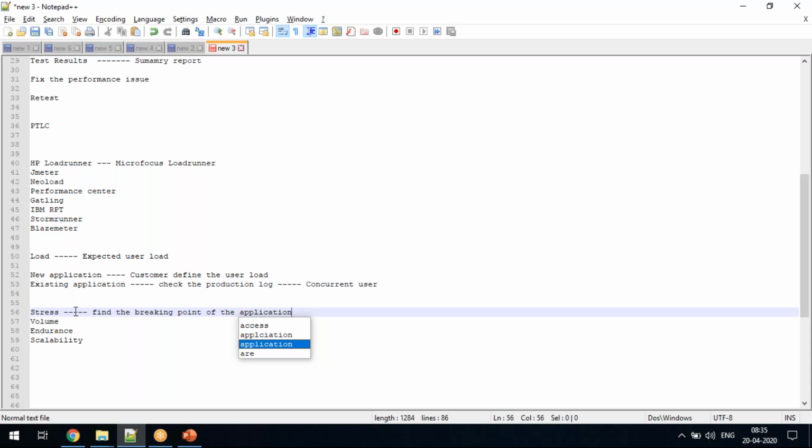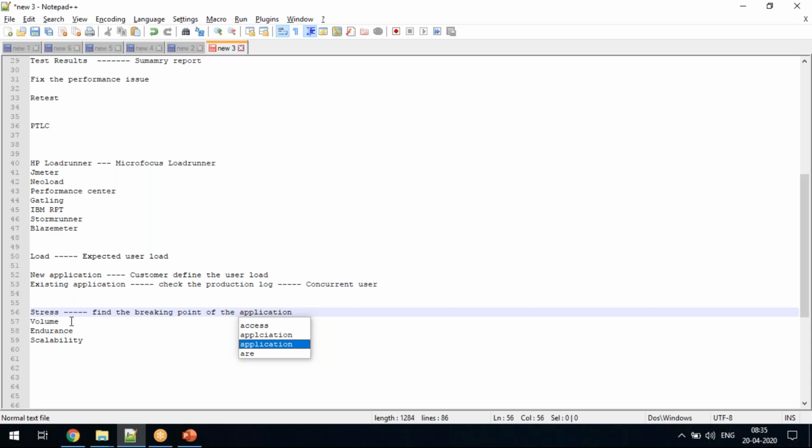To find that point, we are doing the stress testing. You are stressing the server, you are trying to break the server. So to find the breaking point, you are doing the stress testing.